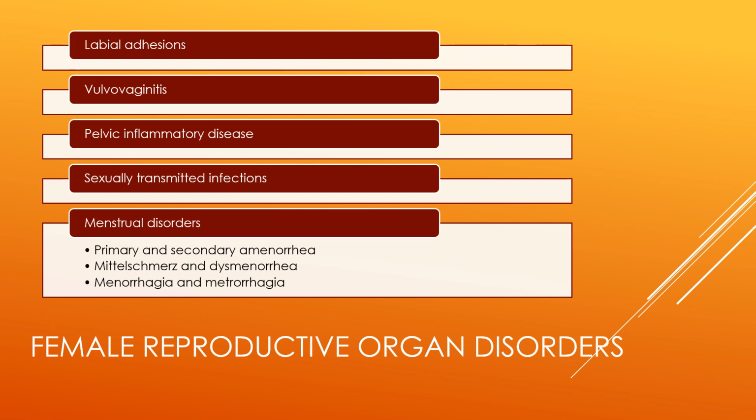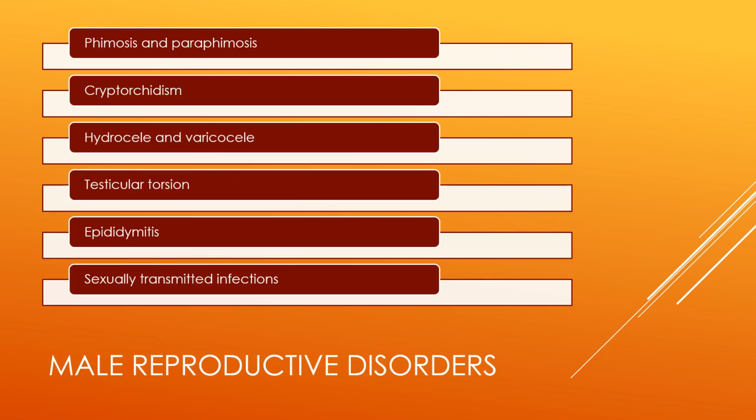Pelvic inflammatory disease is another female reproductive organ disorder. STIs, you've probably talked about, and then we can also talk about menstrual disorders, primary and secondary amenorrhea, you can see those. So several female reproductive organ disorders that could be discussed. When we flip this coin, and so we do male reproductive disorders,